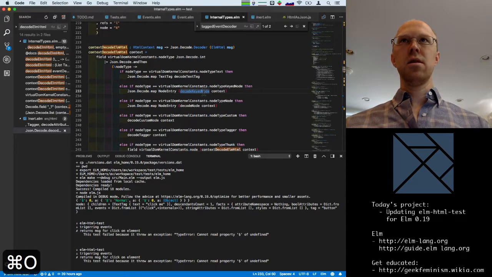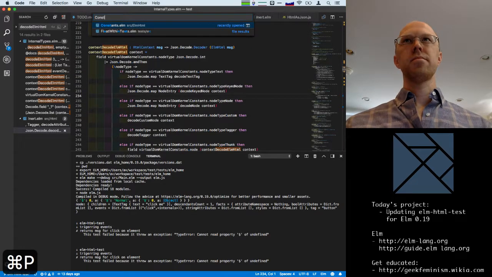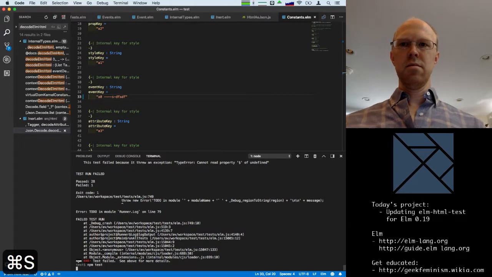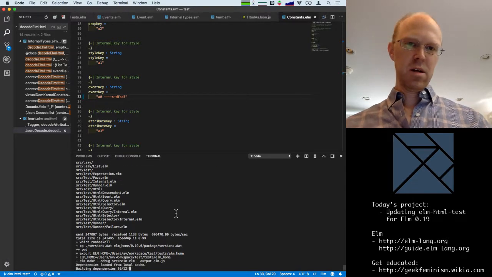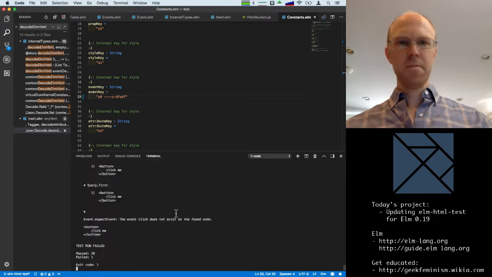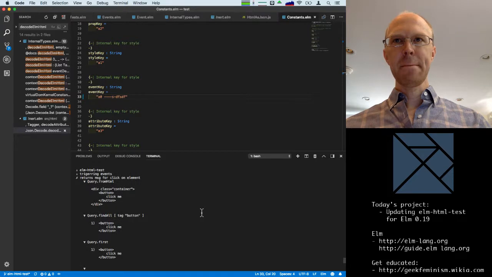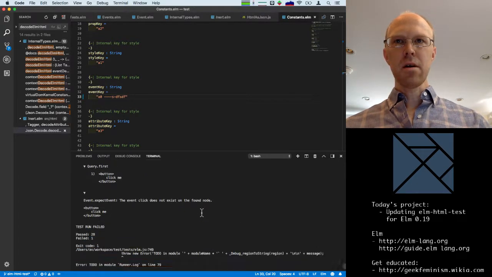And we changed the constants. Okay, if we change this to something wrong for a minute, we'll get that decoding error that we saw about 10 minutes ago. Oh, I thought we would.